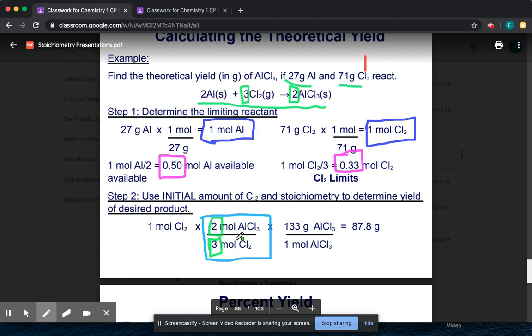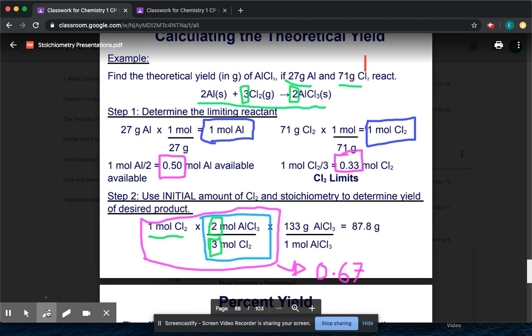So now that you have your fraction set up, now you multiply it out. We have 1 mole of chlorine, multiply that by 2/3, and you will get your moles of aluminum chloride, okay? So this piece right here, this part is us converting moles of chlorine into moles of aluminum chloride, and you get 2/3, okay? So 0.67, that's the decimal form, okay? So this part right here is 0.67. This is moles of aluminum chloride, okay?